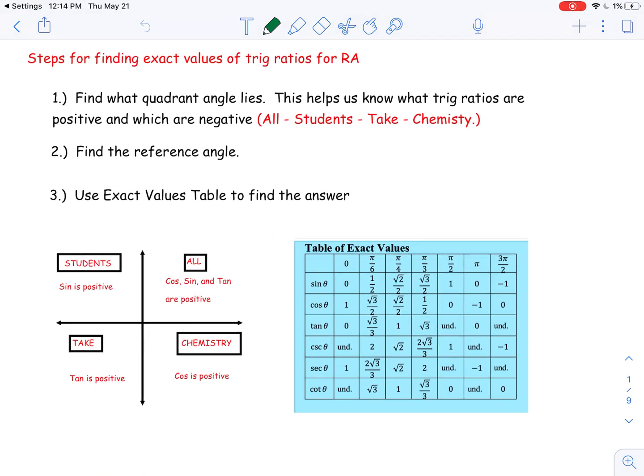We are going to find exact values today of trig ratios for specific reference angles. So we've learned how to use our calculator to plug in like sine of 35 degrees or cosine of 60 degrees, and we get a decimal. There are times when we use specific reference angles that we want to get exact values, meaning we don't want to have to round the answer. And these are very common trig ratios that go back to using 30, 60, 90 triangles and 45, 45, 90